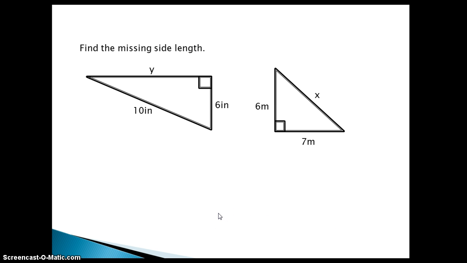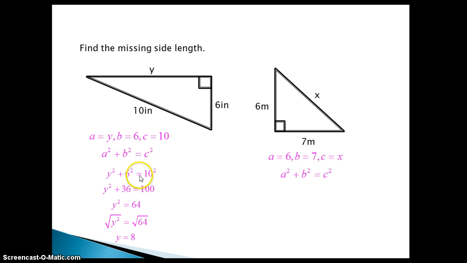So let's try a couple examples. We're going to find the missing side of our right triangle. So we have the sides 6 and 10 and y. In order to use this formula, we have to figure out, well, what is y? Is y a leg or is y the hypotenuse? Well, since the longest side here appears to be this, but remember we can't assume, we have to look at where the right angle is. Well, the right angle is between y and 6, making those the legs, and 10 the hypotenuse. So if we look at our formula, I'm going to call a y, b 6, and c 10, because our shortest two sides are y and 6, and our longest side is 10. And we're going to plug that into our